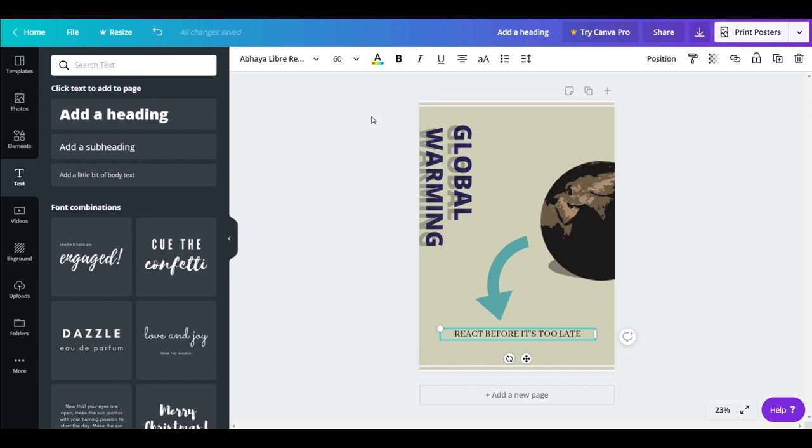Now our message text is ready, but I'd also like to give a shadow effect again for this message as well, because plain texts are never a good idea for design.